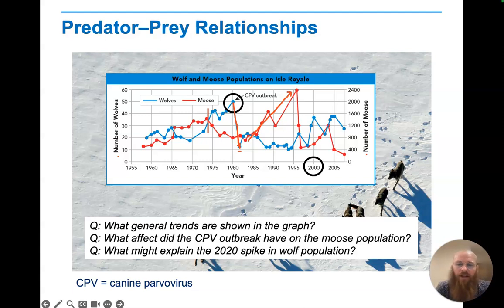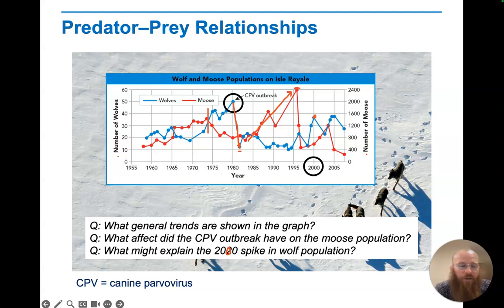And then the final question here is, what might explain the 2020, that should actually say 2000, this does not go to 2020, but to the 2000 spike in wolf population, right? So we're looking at this spike here, where we had an influx in the wolf population. Well, to understand why an increase would happen, again, I would have to look back, right? Because this is always going to be a response to what came before it. So an increase in wolf population, if I look back, is following a spike